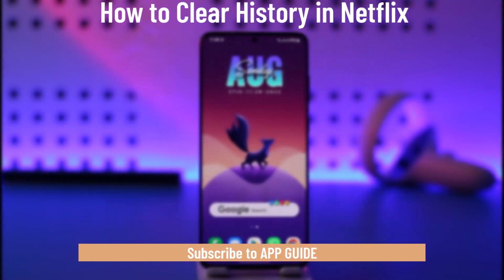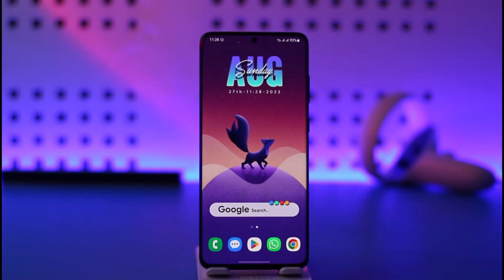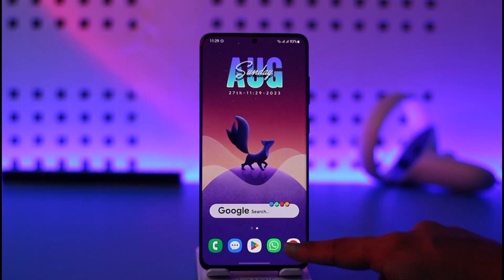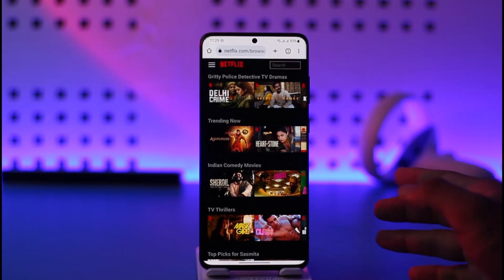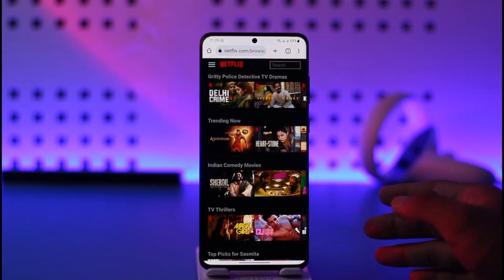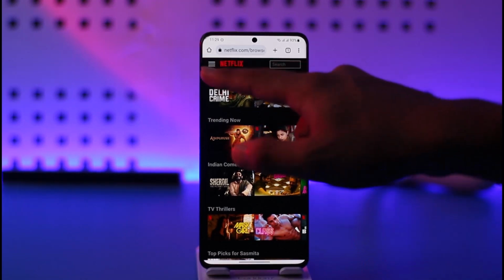In today's video, I'll guide you on how you can clear history on Netflix, so make sure to watch the video till the end. In order to clear history on Netflix, it's actually very simple. For this, open up your browser and just go to netflix.com and make sure that you're of course signed into your account. Once you sign into your Netflix account from your browser, tap the three lines option here, and then